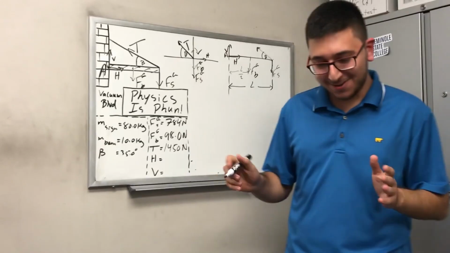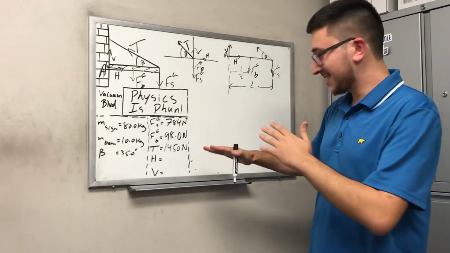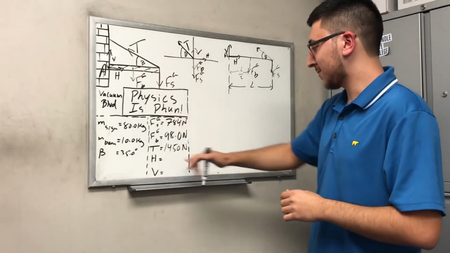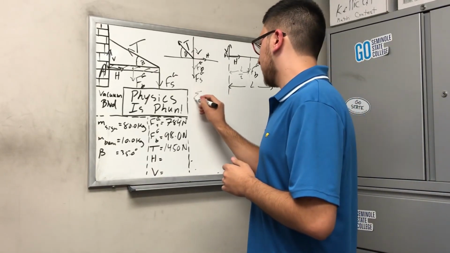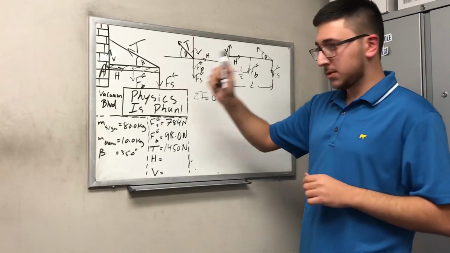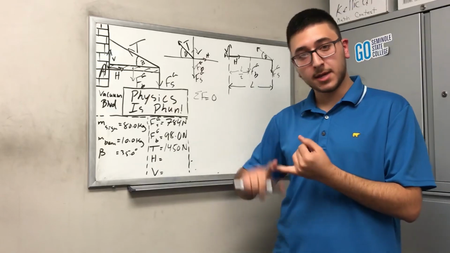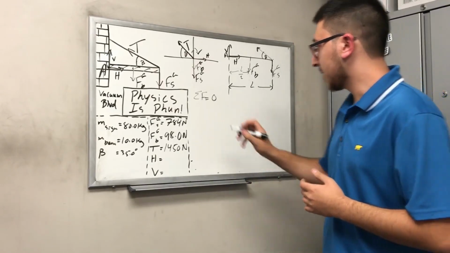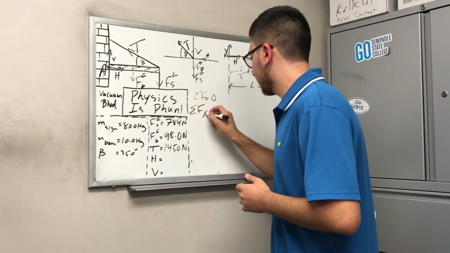All right, so power went out and we're back here. So the last thing we did was we found the tension on this cable. It was 1450 newtons. So our next step is to say that the sum of the forces is equal to 0. Since we have a 2D problem, we're going to have an x and a y component. If it was a 3D problem, we'd have x, y, and z. So to start, let's do the simplest one, which is x. We're going to say that the sum of the forces